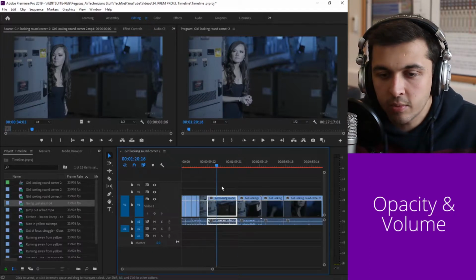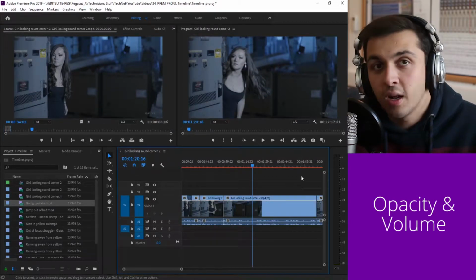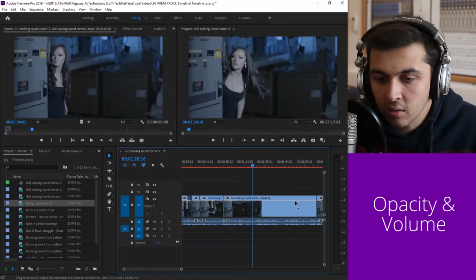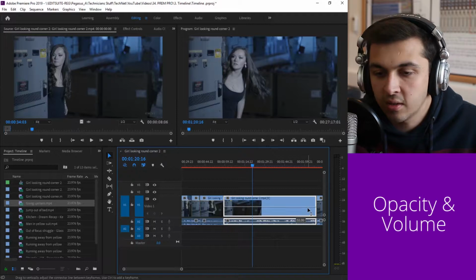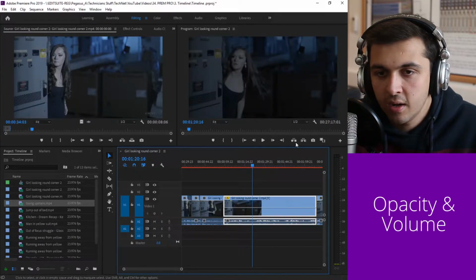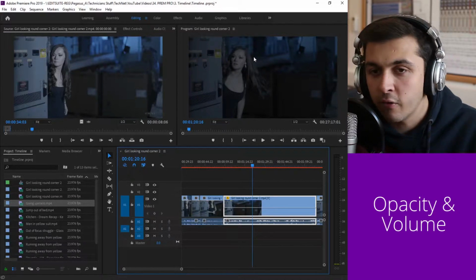Something you may have also noticed is that we have this white line running just faintly across the top of our video. That actually controls the opacity. So if I start to bring this line down, you can see the numbers decreasing on the screen. That corresponds to the opacity of the clip. So if I let go around here, this is now 50% opacity,